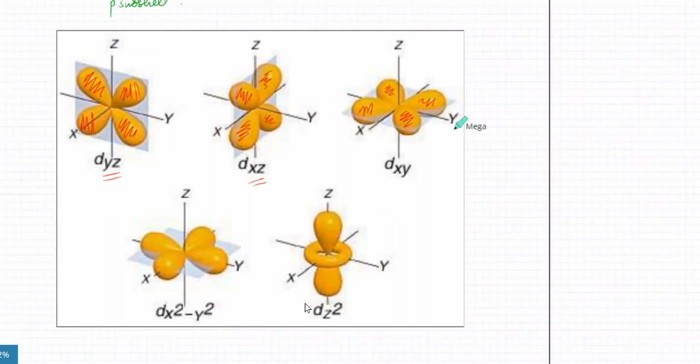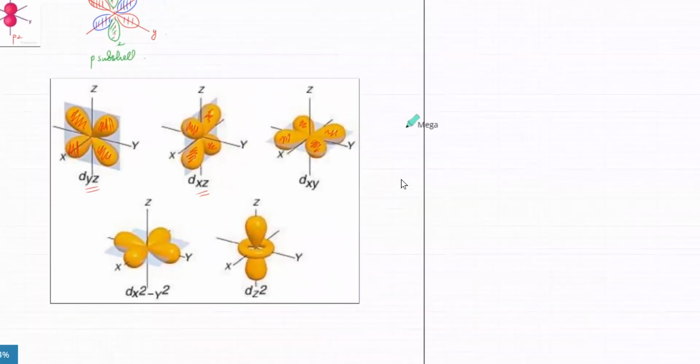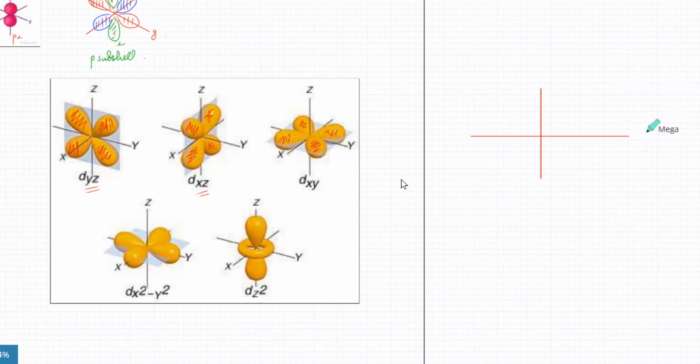So you'll be asked to sketch any one of them. They'll give you the axes, or maybe just 2 of the axes. What does dxy indicate? If they ask you to draw dxy, they wouldn't expect you to draw 3-dimensional diagrams. At best, they might give you just 2 axes, without the third axis, and ask you to draw dxz. So you just label one of them as x, the other one as z, and the electron probability would be maximum between the